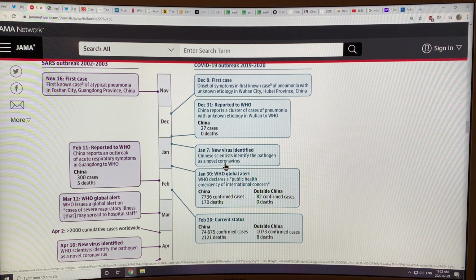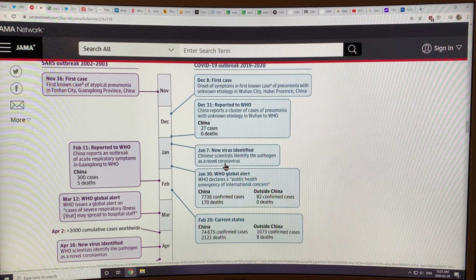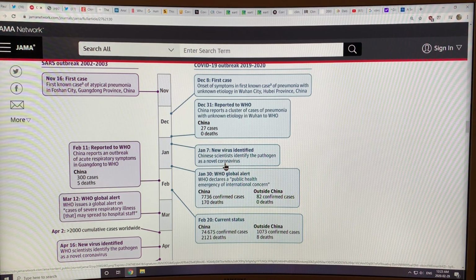They get sick fairly quickly, so low incubation time, much less than a couple of weeks. The one day to 2 weeks for the coronavirus. So people get sick, and if they die within a week or two, they're not able to spread it to many other people. So the